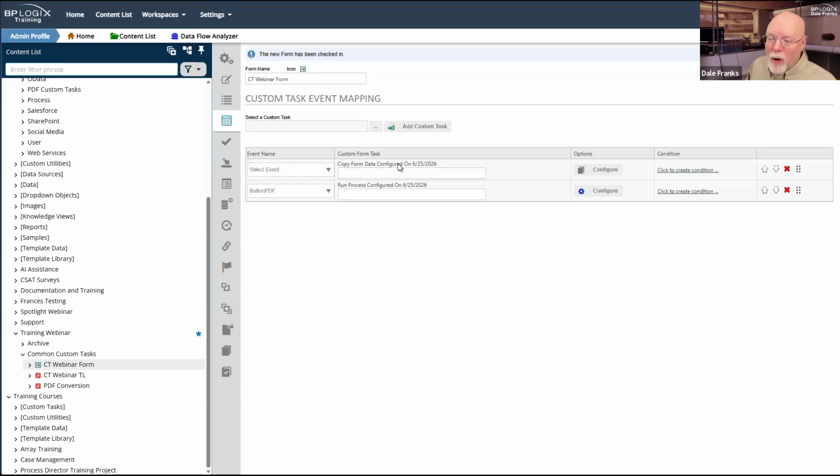Similarly, this copy form data, this is another one where it's fairly common that you need to take data from one form and transfer it over to another form. So where do you do that? On the process timeline, or do you do it on the form? In this case, it's a little more straightforward. Most of the time you'll do it on the timeline. The only time you'd really do it on the form is if you specifically wanted the user to invoke it. Then you wouldn't have a choice. It would have to go on the form.